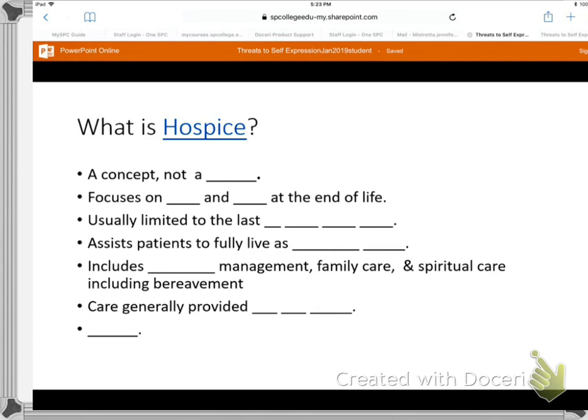All right. Hospice focuses on what? Quality and comfort at the end of life. Usually it is limited to the last, everybody should know this one, right? 6 months, right. It assists patients to live